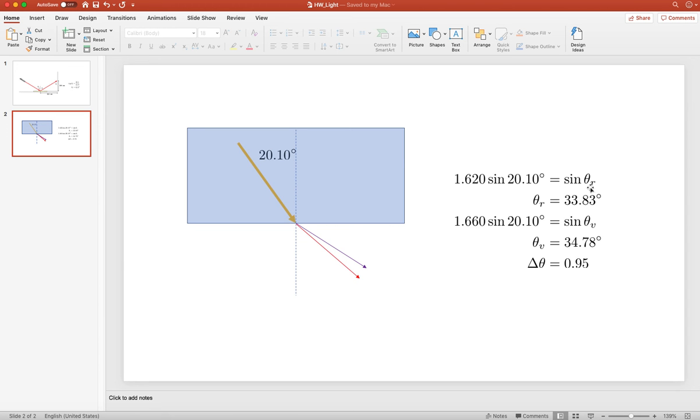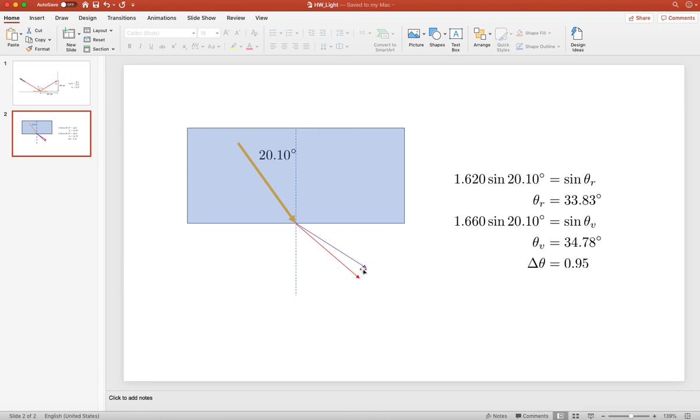In the first case, I think this is the red index of refraction, and this is the violet index of refraction. The n over here is air, which is just 1. So going out to 4 significant figures, the index of refraction of air is still just 1, basically. So we can calculate what the angle is for red and the angle is for violet in both of these cases. Take the difference between them and you get the angle of separation of those two colors from red to